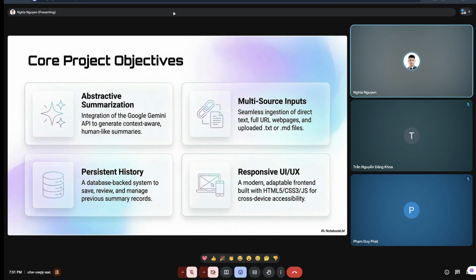Users can paste the text directly. Users can upload a .txt or .md file. Users can paste a URL, and the system will try to extract readable article content from that web page. After that, the system sends the content to the Gemini API and returns a summary in the same language as the